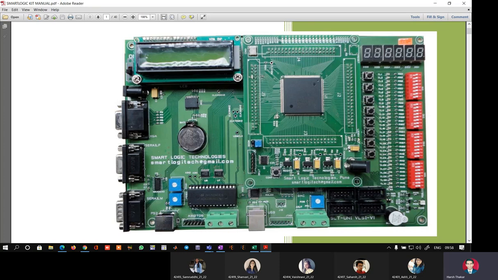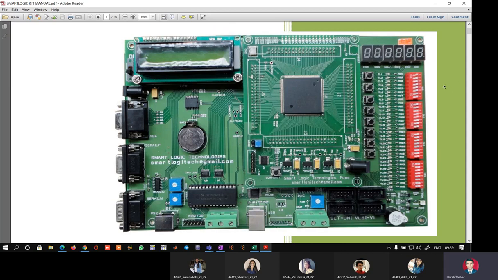But then where will the inputs A, B and F come, and where will the outputs C underscore B and Y be shown? That is why we have to understand that all the signals which are defined as input in the entity declaration have to be applied to an FPGA through switches, and all the signals which are defined as outputs in the entity declaration must be displayed on LEDs.